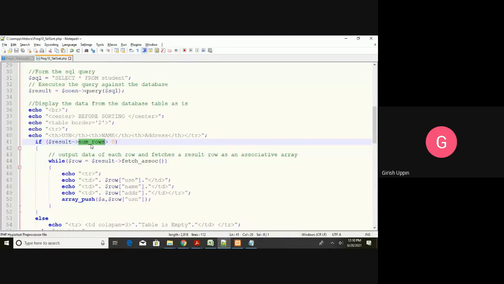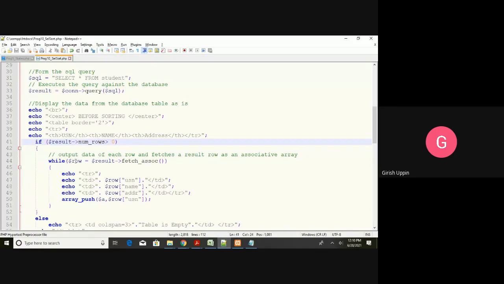So this will give me, in this particular example, a 5 because 5 records are there, 5 greater than 0. So you are making sure that some records are there. If table is empty, it will return 0. That time 0 greater than 0 is false. Then we have to show that table is empty. With this example, we have 5 rows, 5 greater than 0. Then I have to display all those 5 rows dynamically.